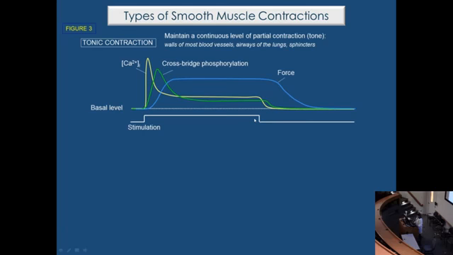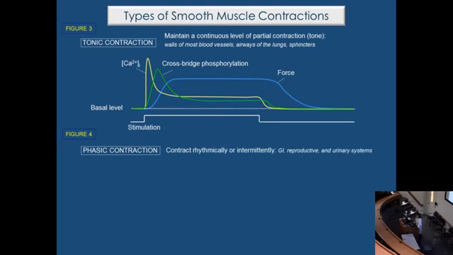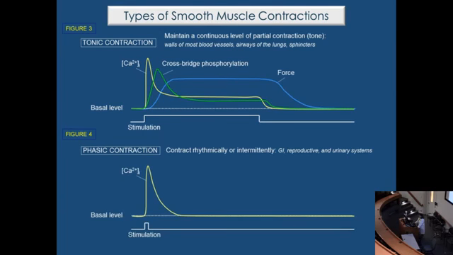So the other type of contraction is the phasic contraction. You find this type of contraction in the muscles that contract rhythmically, like the GI, reproductive, and the urinary system. See, and then I have here the temporal course. Usually the phasic contractions are triggered by a small